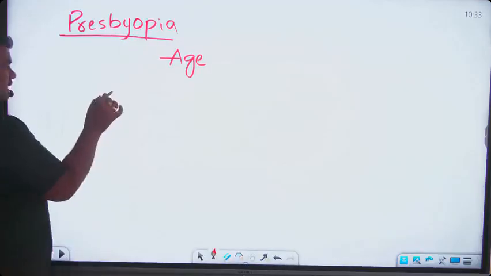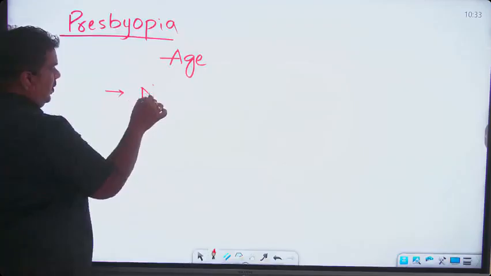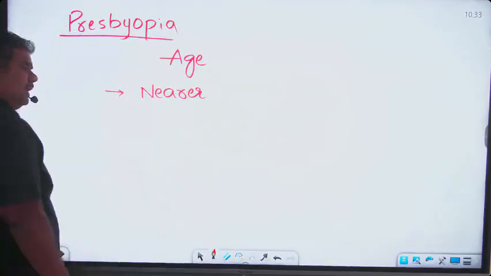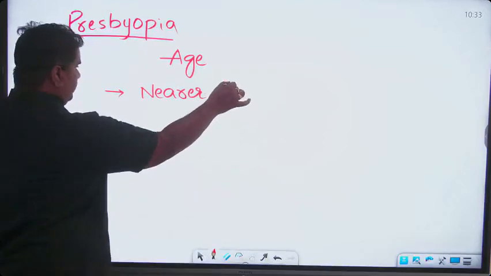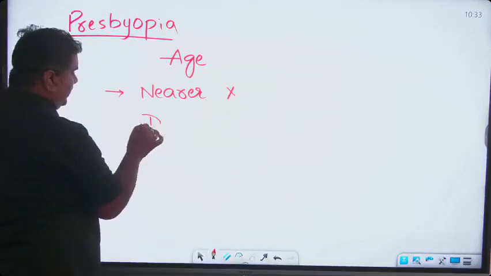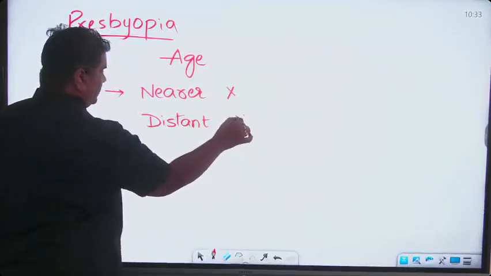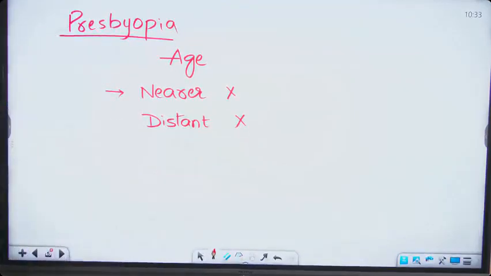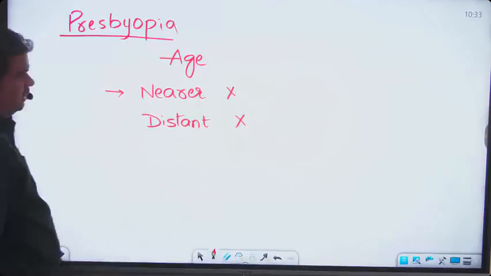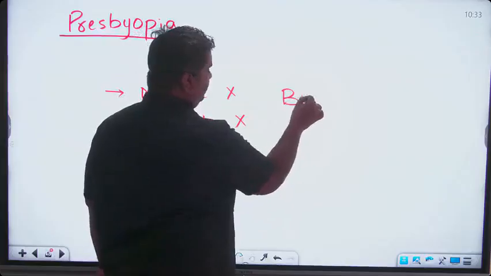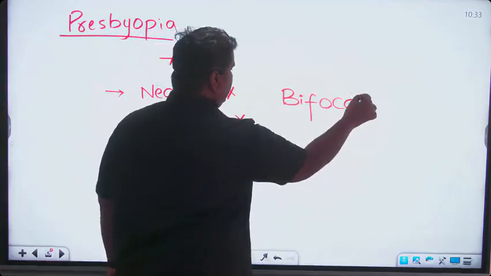What can't they see clearly? For any person who is suffering with presbyopia, nearer objects are not seen clearly. At the same time, distant objects are also not seen clearly. They cannot see the nearer and the distant objects clearly. Both are not clear. That is the reason why, for correction of this, they use a lens which is known as